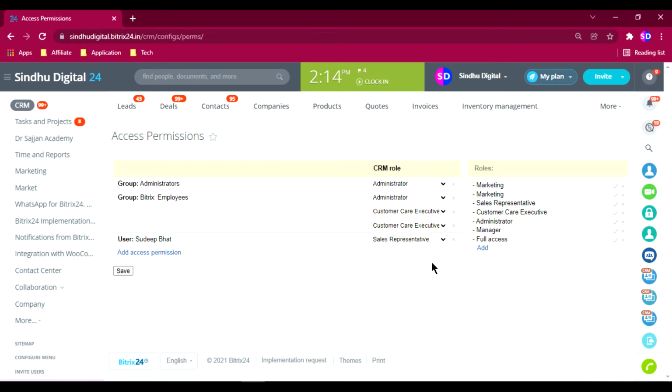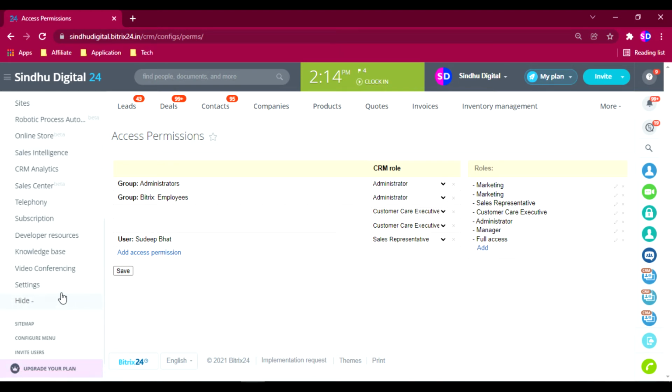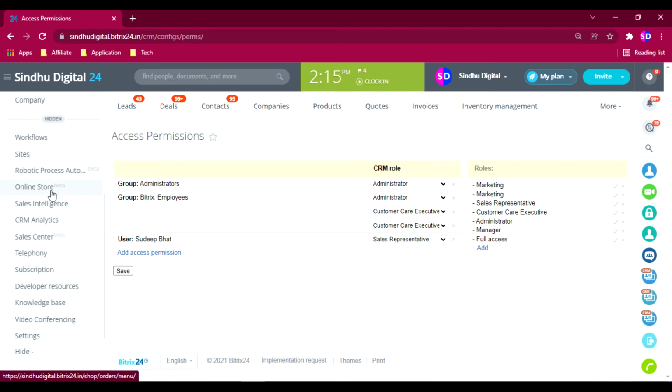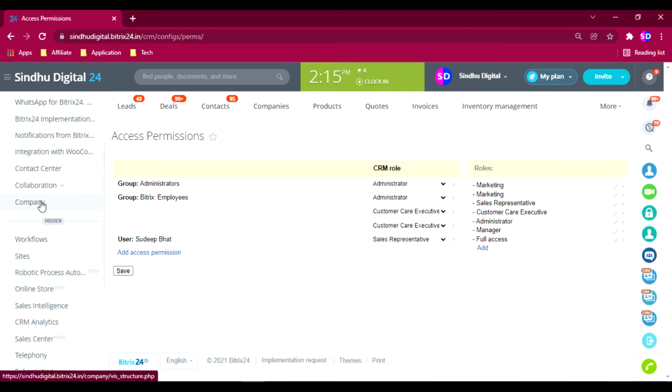Next, you need to set this role for a particular person or individual in the organization, or you can give this role to a whole department or sub department. As you can see, we have already created a department. One second, I'll show you.